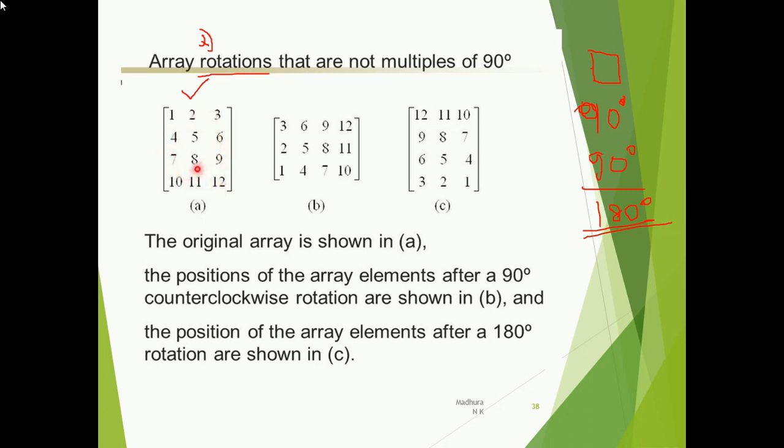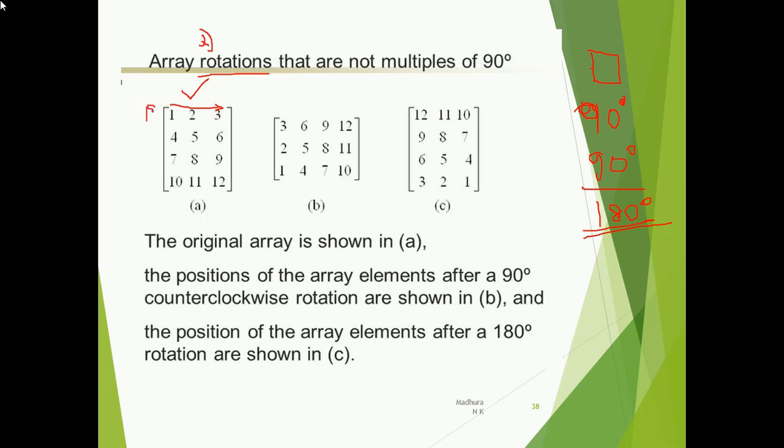Now initially you want to rotate the object about 90 degrees, in the counterclockwise direction. So when you rotate it, what will be the pixel positions? Let us see carefully here. The first row is being changed to a column, is it?